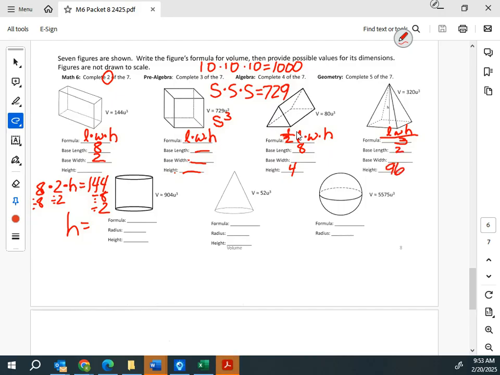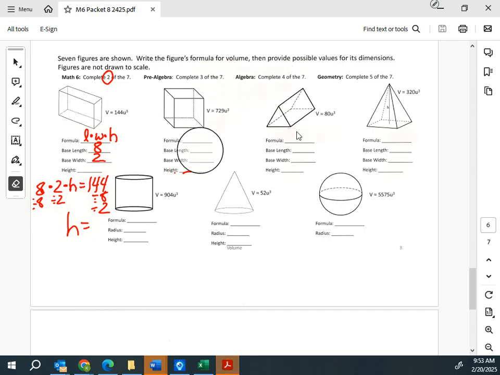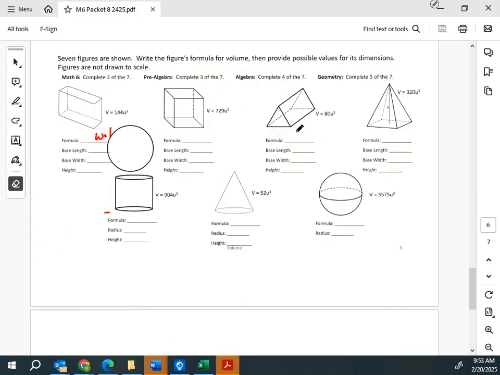Is there anybody who wants me to do that bottom row today? I'm starting to run out of time. If you want one of the cylinder, the cone, or the sphere, come see me, and I can give you those equations, okay? I want to make it to the last page before class is over. Our last page